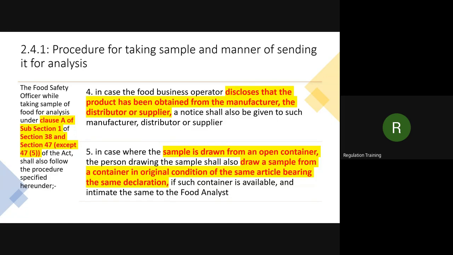Now what happened in this case also, the distributor can also say, sir, I have purchased this product from that manufacturer. So then one legal notice from the FSSAI will be sent to the manufacturer also. So this is the chain. One sample lifted from a shopkeeper, the same food product, and three different parties can get notice. So it means food manufacturers, those who are culprits, all will be penalized equally.